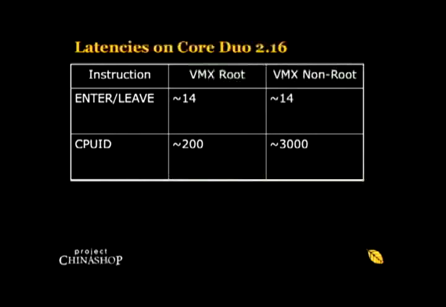I also wanted to give a benchmark against another slowish instruction. An enter-leave combo when you're running in VMX root takes about 4 ticks. It's about the same in VMX non-root. That shows that when you're running in VMX non-root, you're really running on the bare hardware, and everything is the same speed as native, unless the VM needs to handle it. And if we execute this